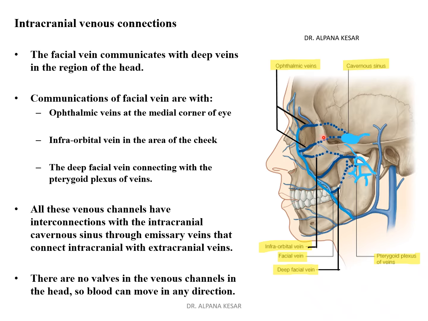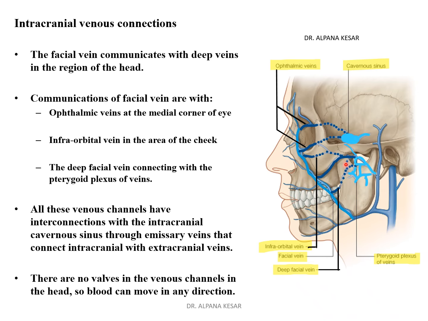These communications of the facial vein with the intracranial veins include ophthalmic veins. This is the superior ophthalmic vein and this is the inferior ophthalmic vein through which the facial vein establishes communications with the cavernous sinus. This is the infraorbital vein. And these are the deep facial veins through which the facial vein is either directly connected to the cavernous sinus